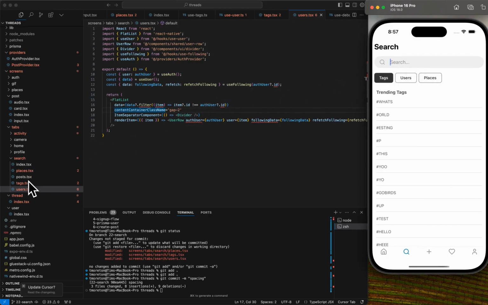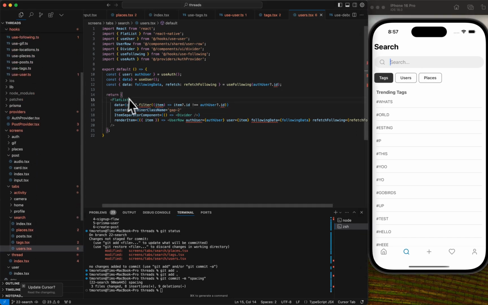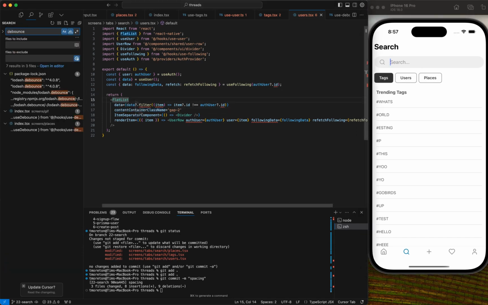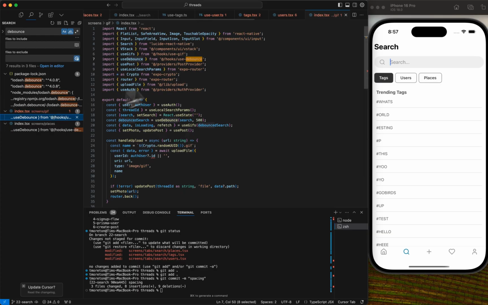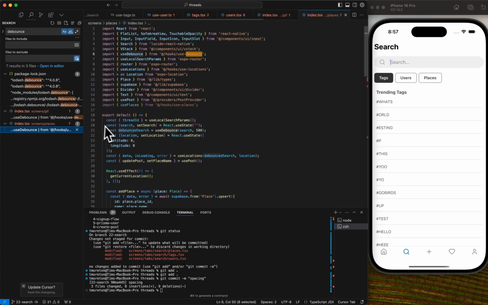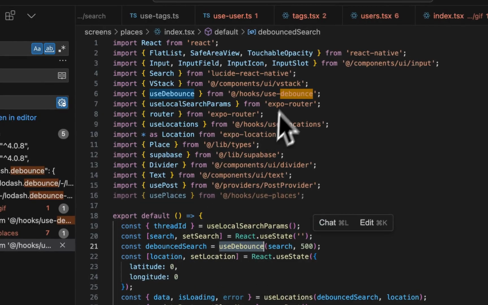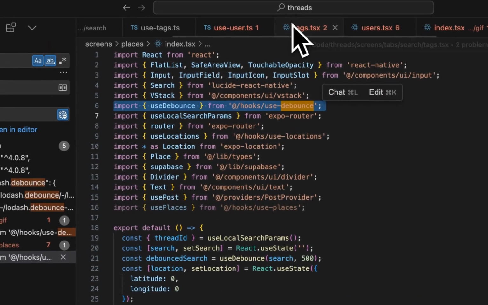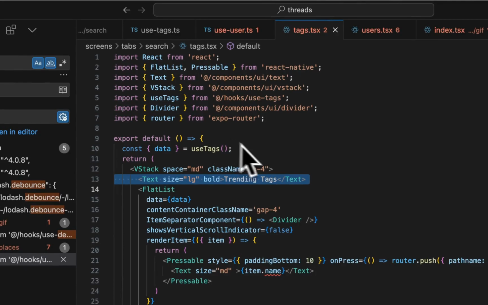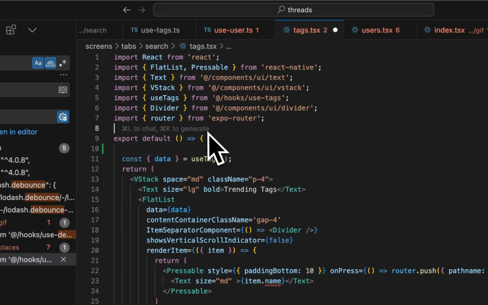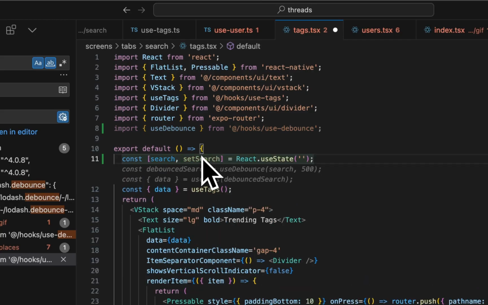So we're going to use the same debounce function that we used. Let's just search it in Giphy and places. So we're going to do the same thing, debounce, and then pass it into user location. So actually, let's just copy and paste that. And then we're going to go to our tag section. Import debounce, set search,